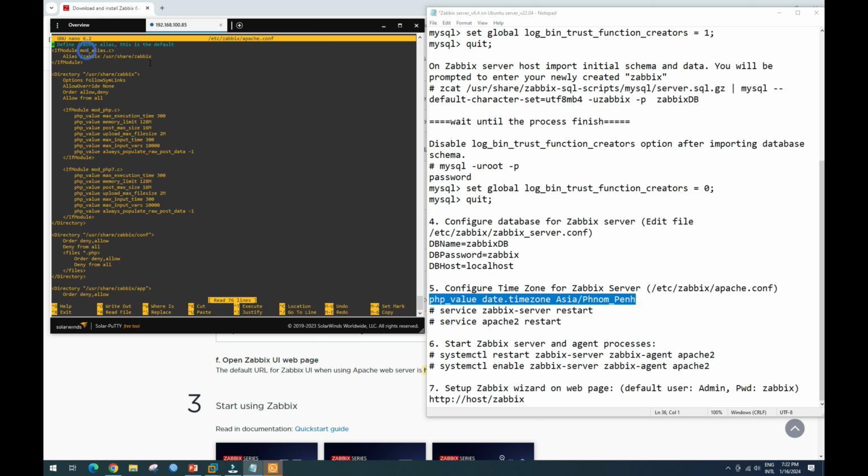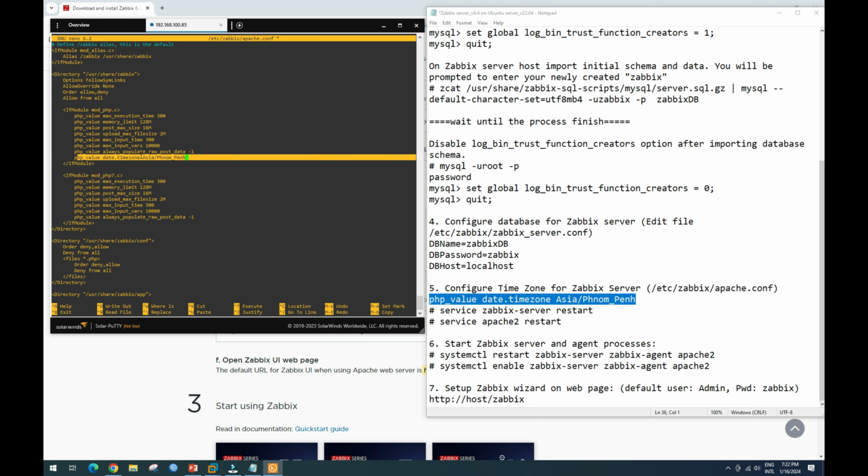Okay, so we go to our file here. We add in, okay, press enter, and then we pass this line, PHP value that time. It's depend on your time zone, okay. So my time zone here is in Asia, Phnom Penh, Cambodia, Phnom Penh, okay. So same thing for this one, okay, we add time zone,